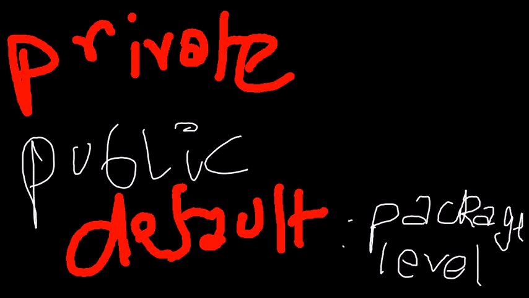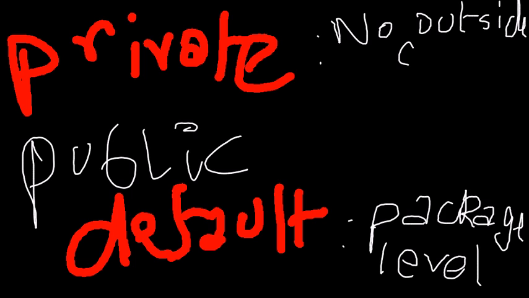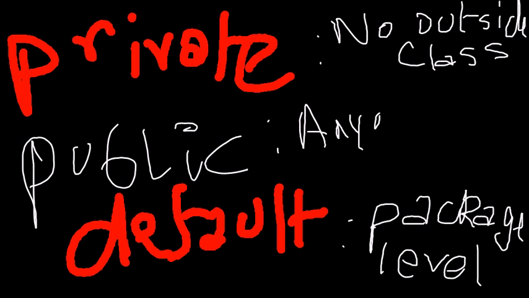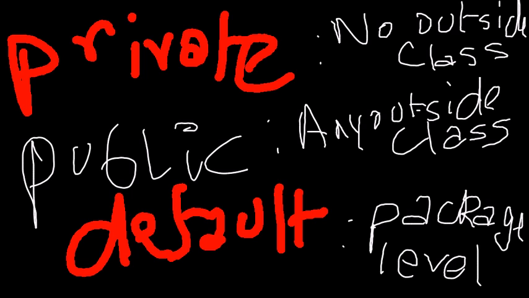Now essentially, private, if you mark a class private, then no outside class can see it, no outside class can access it. And if you mark a class as public, then any outside class. And access modifiers can be applied to instance variables. We'll go into that later on, what instance variables are. They can be applied to methods, they can be applied to classes,